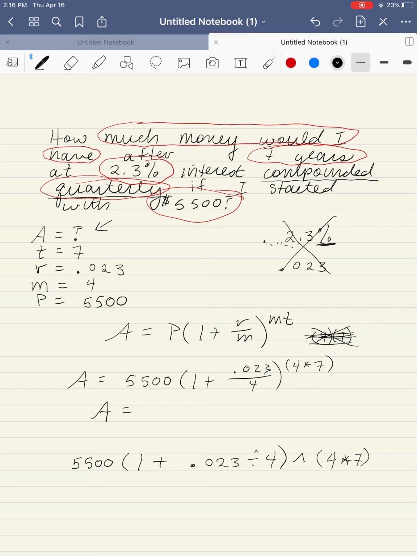So when we plug this in our calculator, 5,500 parenthesis 1 plus 0.023 divided by 4, close parenthesis, caret, open parenthesis, 4 times 7, close parenthesis, enter, and I'm going to round this to the hundredths place because we are talking about money, so we're going to round to the nearest penny. Okay,